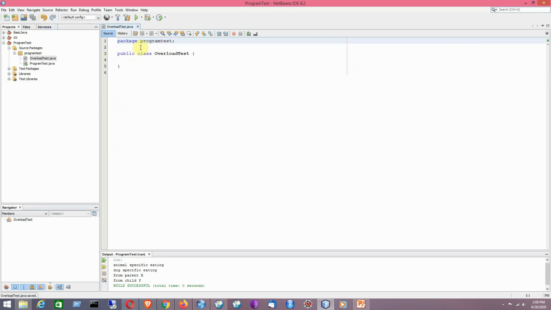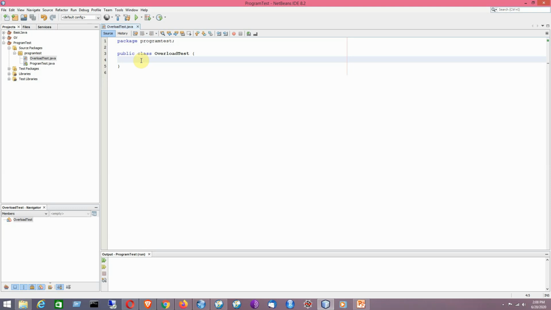First I will be trying to give you the example of method overloading with respect to different types of arguments or different types of parameters.